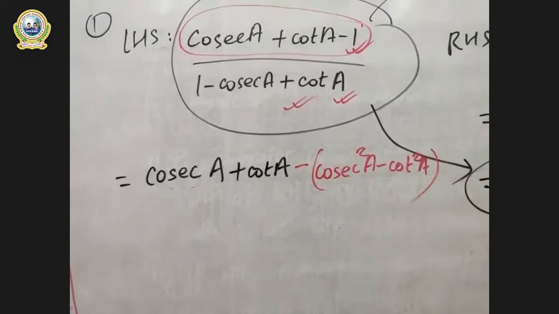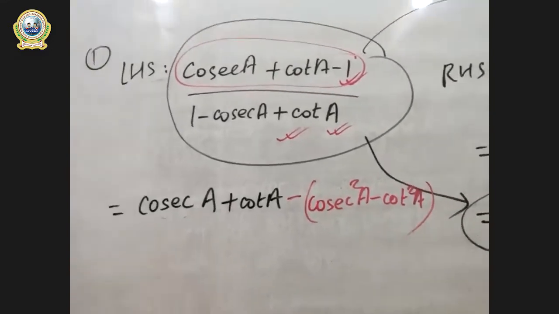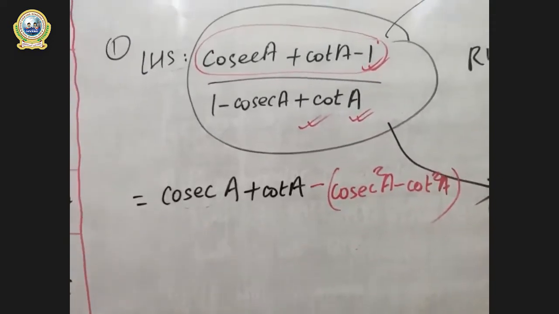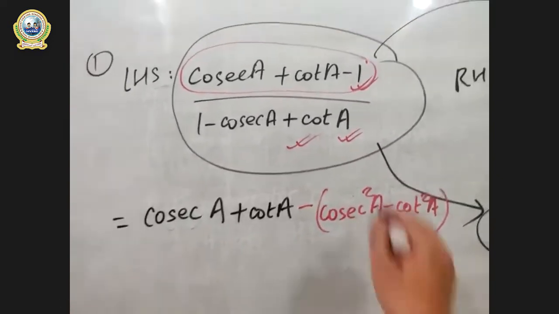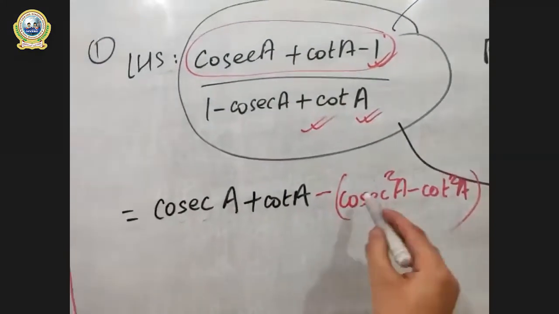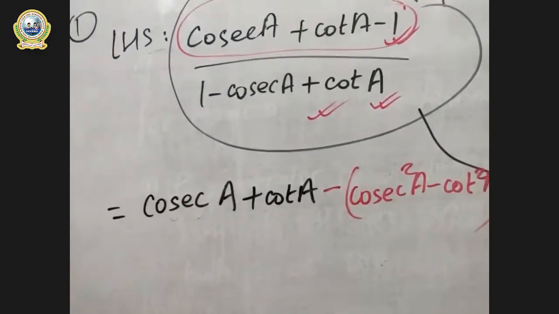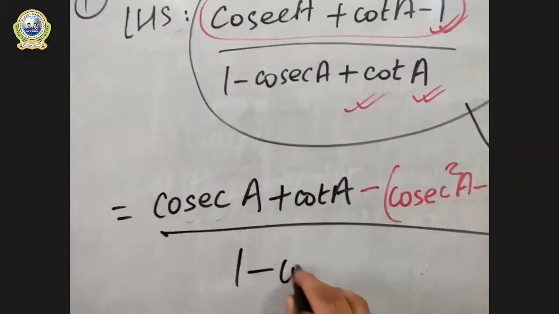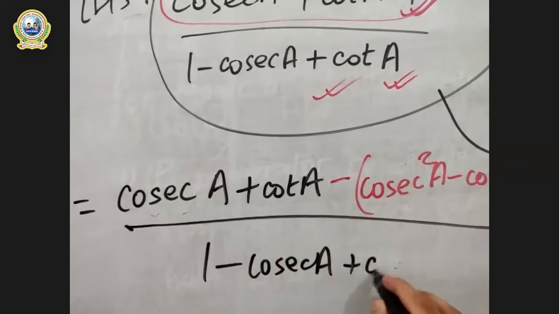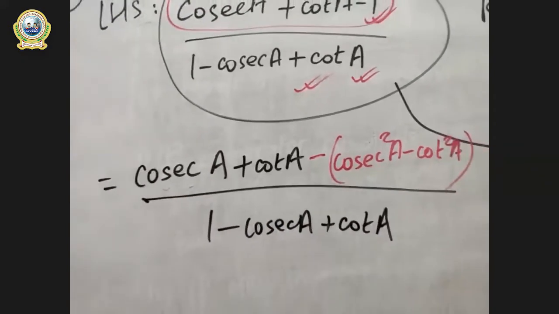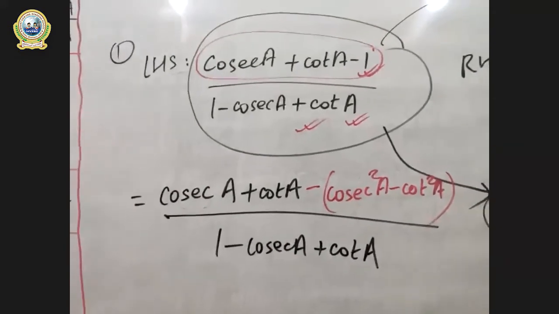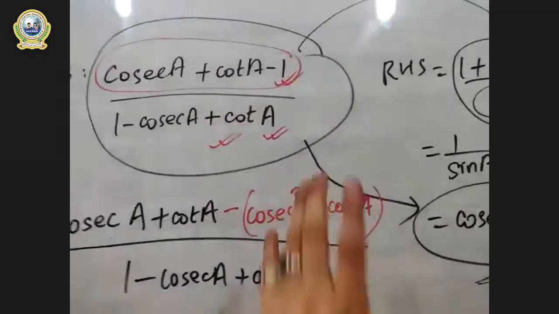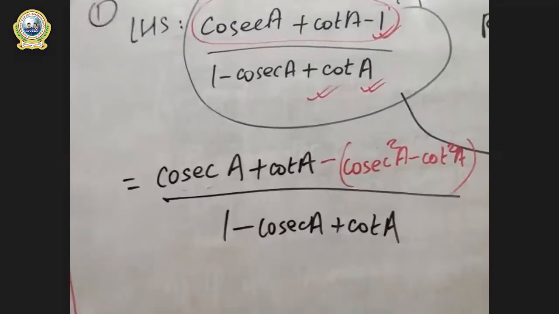This is our formula. Now you might ask why I am writing cosec cot. There were other options, right? Sec tan is also an option, sin cos is also an option, but as we have cosec cot in our question, we will use the formula of cosec cot in place of 1. Is this clear? And in the denominator part, we will leave this as it is. Now this is rule B. It says if the RHS is simple, then we just convert single one. Is this clear? This is our format.